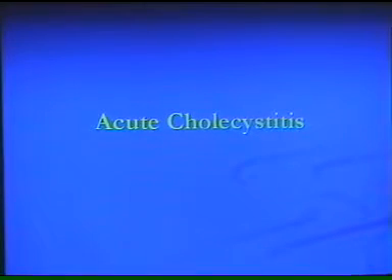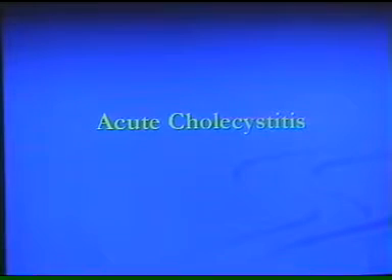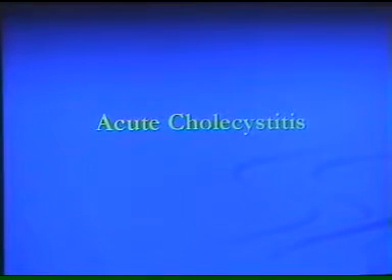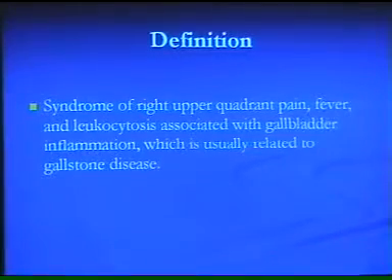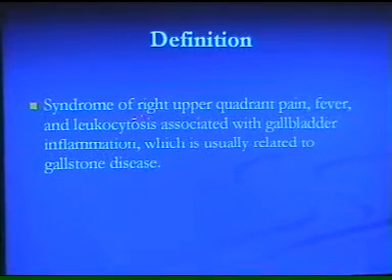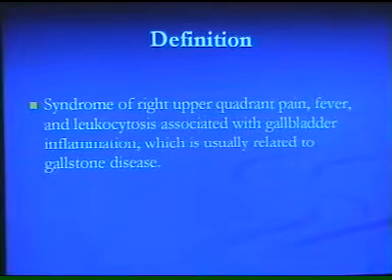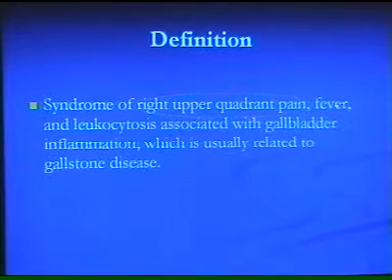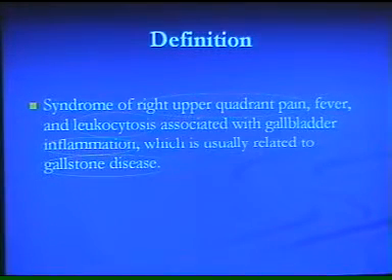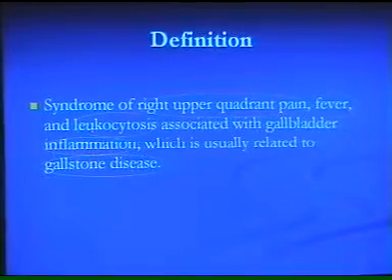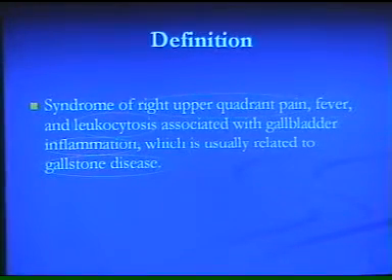Okay, let's take acute cholecystitis. It's a topic we are going to discuss in surgery, but let's review it quickly. It's a syndrome which involves right upper quadrant pain along with fever and leukocytosis, associated with gallbladder inflammation and gallstone disease. So these five things are important in the